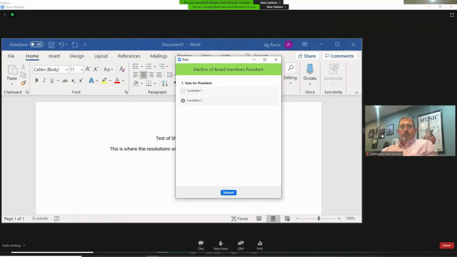The next thing to follow up with is elections. Elections will be handled similarly to our voting on resolutions. The first thing that will happen is we will have a report from the nominating committee. They will present the candidates that have applied for those positions. The chair will then ask for any nominations from the floor. At this time, if you're a voting delegate, you can raise your hand and nominate someone from the floor, and they will be added to the election screen. Once the chair calls for a vote, choose the candidate and click submit. Once again, your vote is confidential.